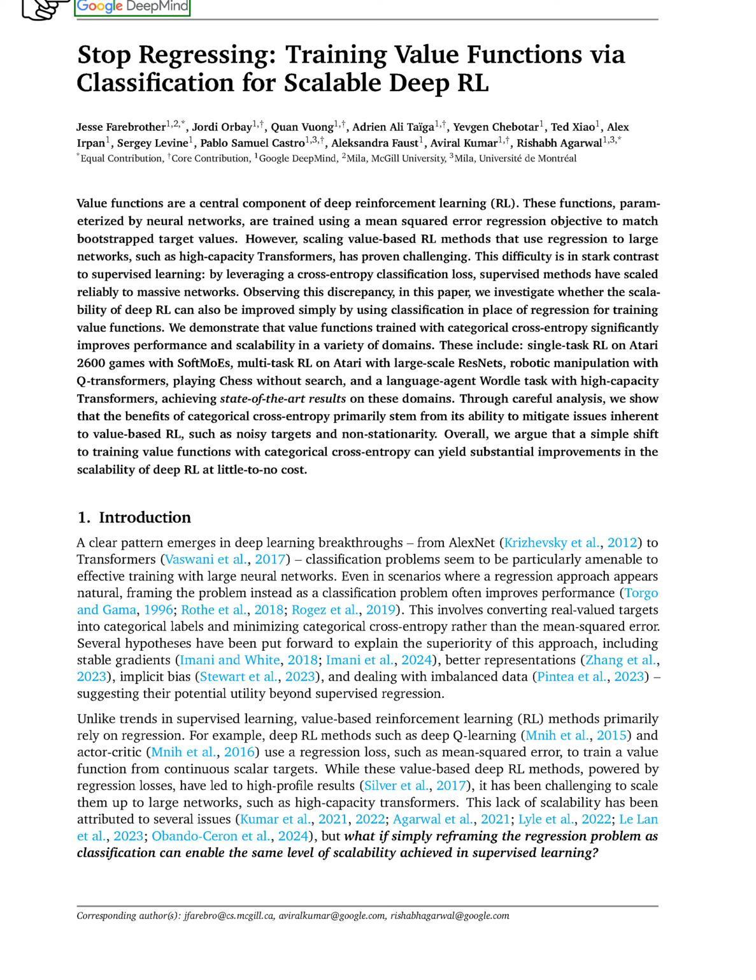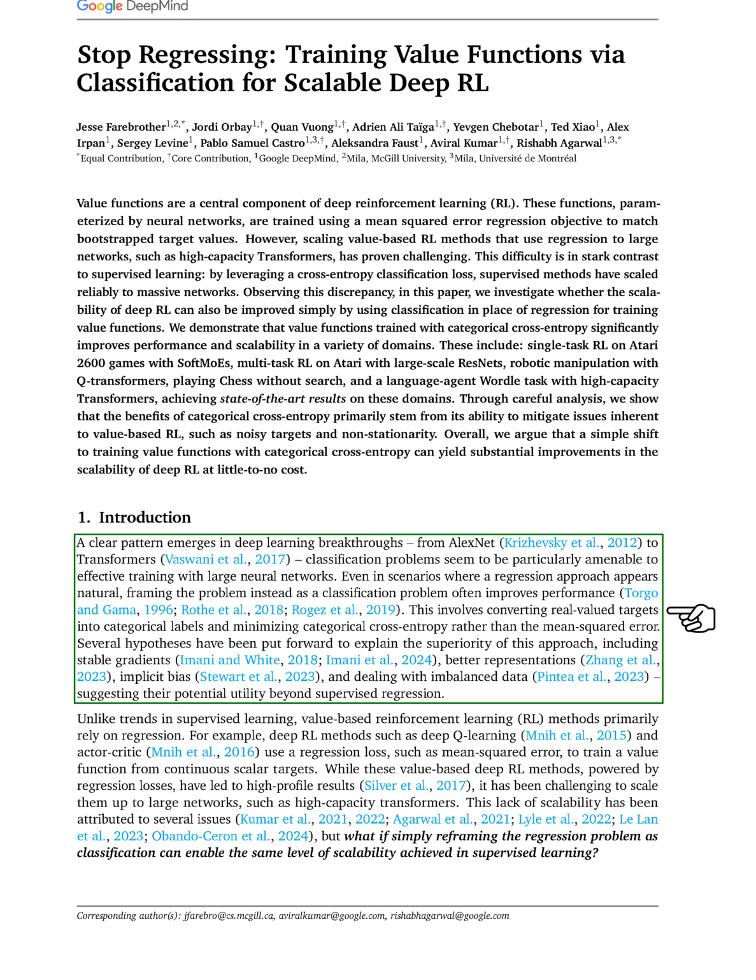Section: Introduction. In this section, we delve into the observation that deep learning advancements, from the inception of AlexNet to the development of transformers, have shown a distinct preference for solving classification problems effectively with large neural networks. Even in situations where a regression-based approach might seem more intuitive, converting the problem into a classification task often leads to better outcomes. This conversion involves changing real-valued targets into categorical labels and focusing on minimizing categorical cross-entropy instead of